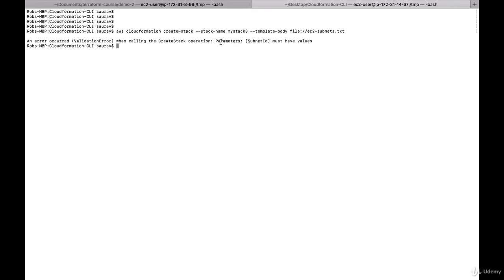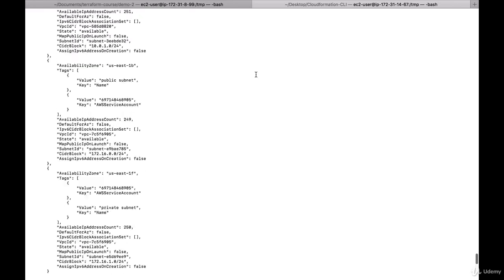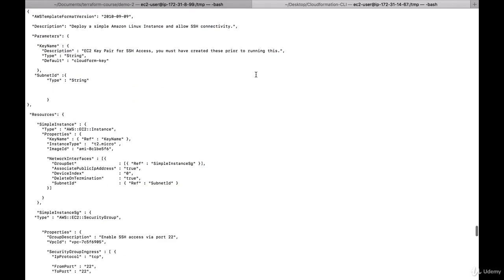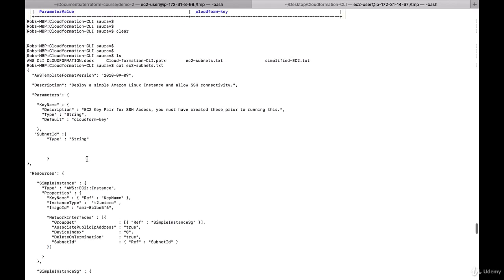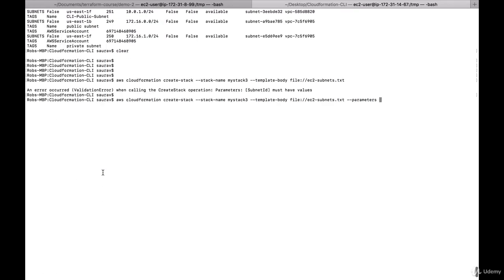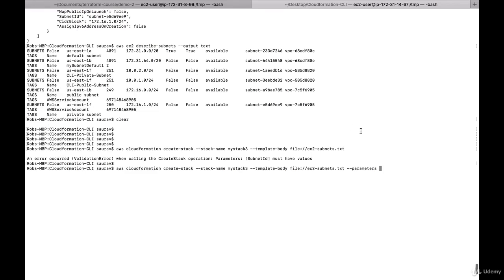So it says parameters subnet ID must have values. So for that reason, I need to use parameters here. So dash dash parameters. And if you remember, where's my parameters? Right here, subnet ID. Right now, key name has a default value, so I don't have to worry about this. But subnet ID, there's no default value. So by combining this information, I'm going to say parameters, and I want the